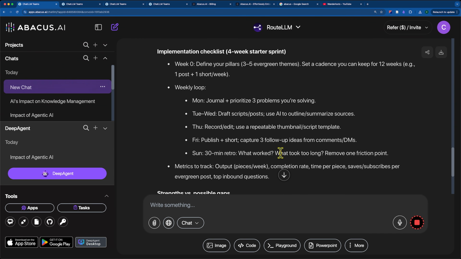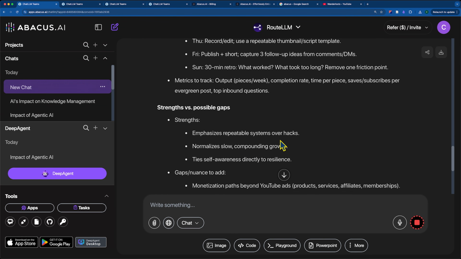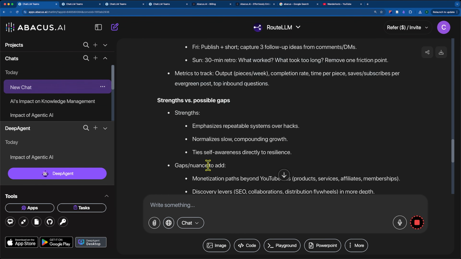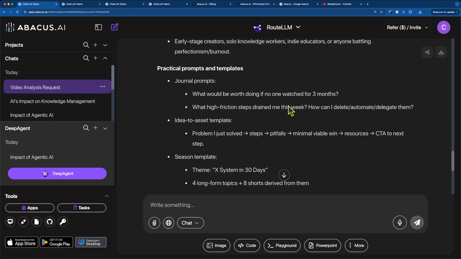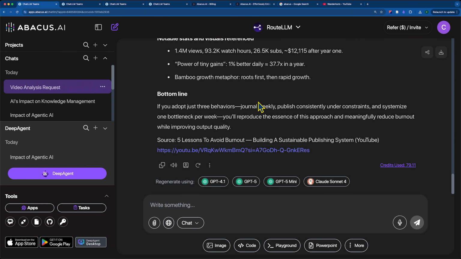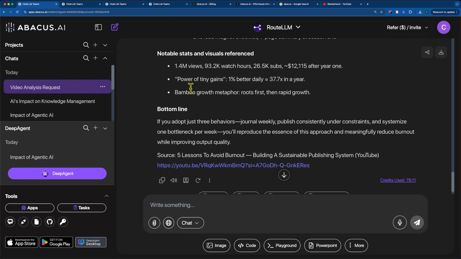And now I could, as a creator, use this to analyze what AI thought. You can see it's giving me strengths, gaps, nuances. It's telling me who the audience is, knowledge workers, creators, anyone with perfectionism or burnout, which is true. Again, there's just a whole bunch of information here. So I could use this both as someone who is learning something new, again, effectively chatting with the video directly, or as a creator, I can use this to analyze my own creations and get feedback on it to hopefully make it better. And you can see that that used up a little bit more credits because probably it's doing